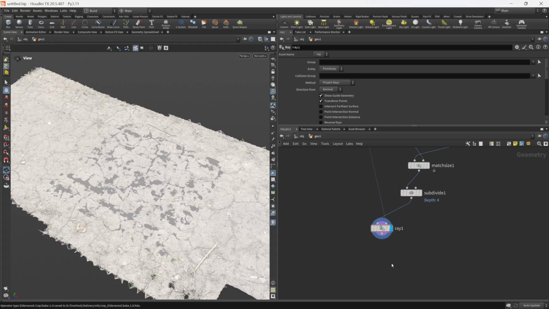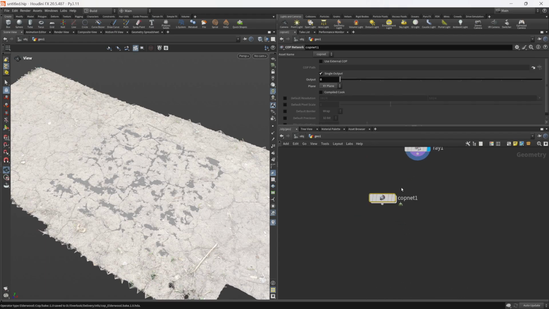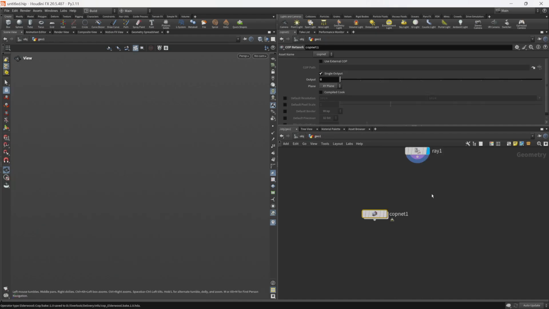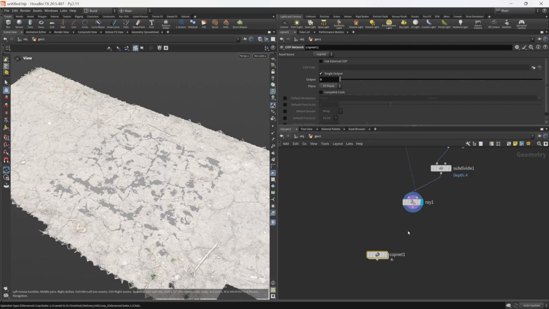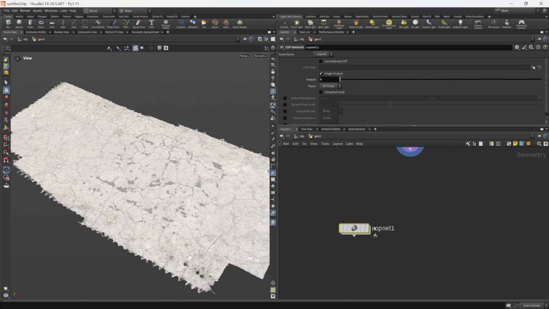So picking up where we left off, the next step is going to involve diving into Copernicus. So we're going to search for COP network, and then you'll be able to put down this COPNet, and this is the network that we'll be able to dive inside of to do our image manipulation, as well as perform our bake. In order to pass our geometry from SOPs, which is where we currently are, into COPs, which is